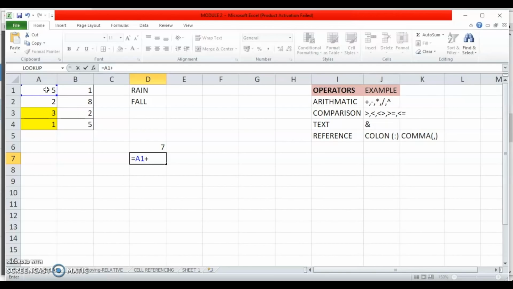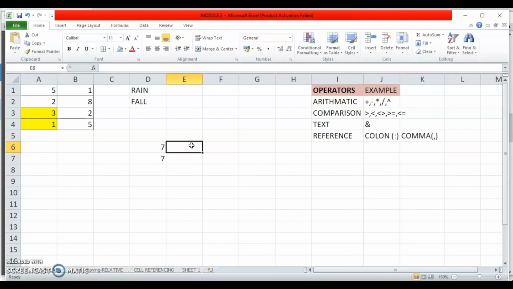Now type plus and click on A2. Again, as soon as I clicked on A2, A2 is appearing in my cell. After entering the desired cell references, press enter from the keyboard and you can see that the result is now displayed. This is how you can use any of the mathematical operators, either with numbers directly or with the cell references.